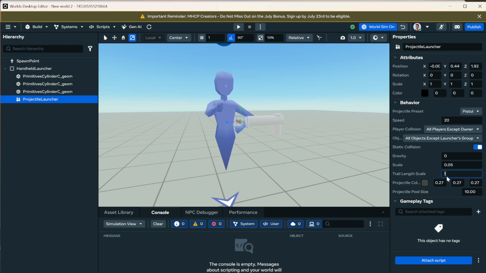Trail length, we're going to set to 0, so it looks more like a bullet. And projectile color is set up. Pool size, I'm going to change that to 5, so that there are never too many on scene at the same time. All right, with that set up, we should be good